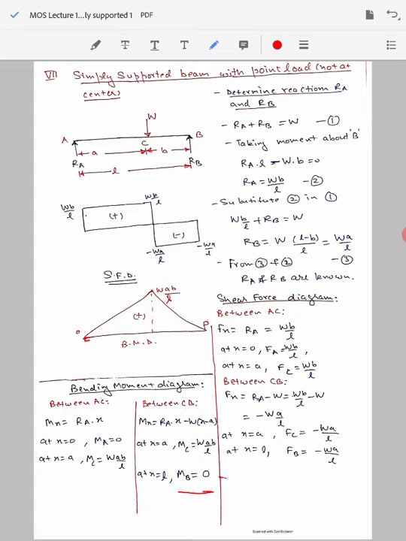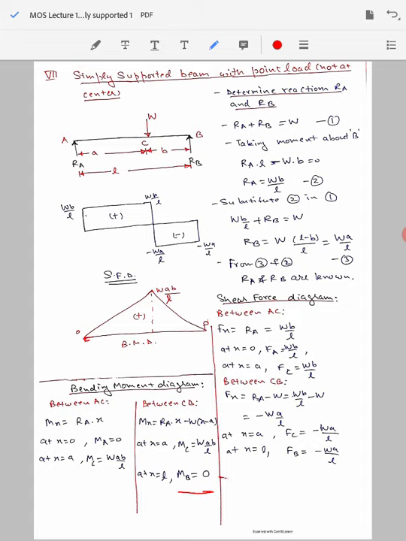As I told you, the sign convention I have used says that if the beam is flexing like making a smiley shape, or in other words the top surface is in compression and the bottom surface is in tension, we are going to assume this as a positive bending moment. So for bending moment it is a positive sign convention, and I am going to draw it on the positive side of the reference axis.